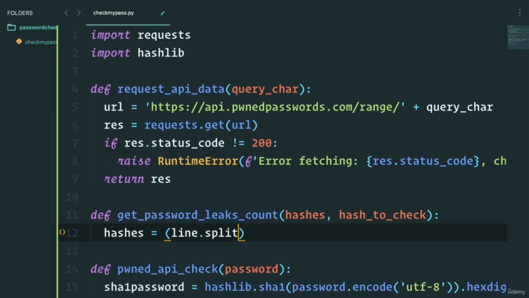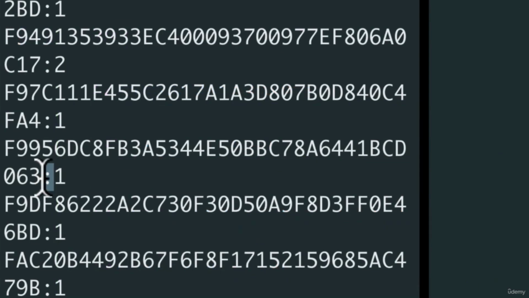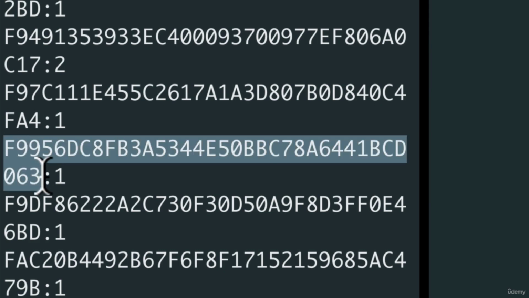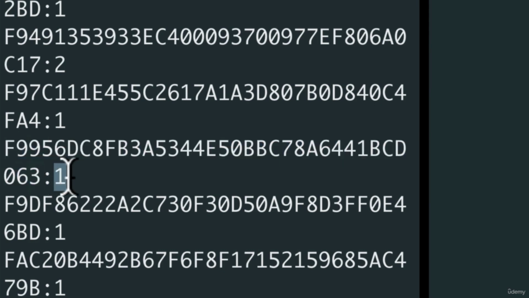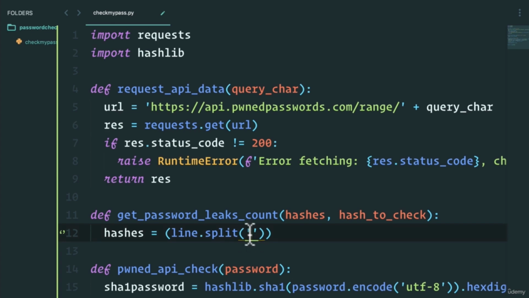So we're going to split everything in the line, which is by these columns over here that you can see. So that's the tail of the hash and the number of times it's been hacked. So we're going to split it by the colon. And then we're going to loop and say for line, so that's where the line comes from, for line in